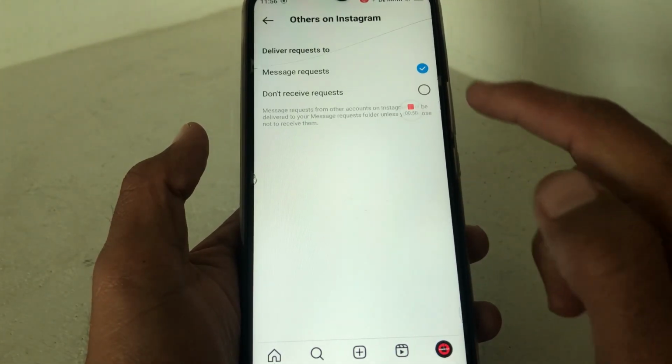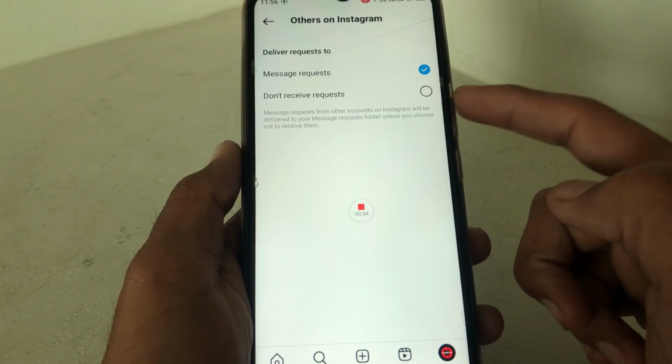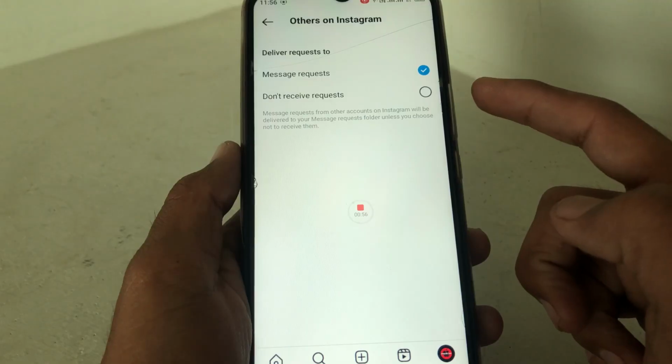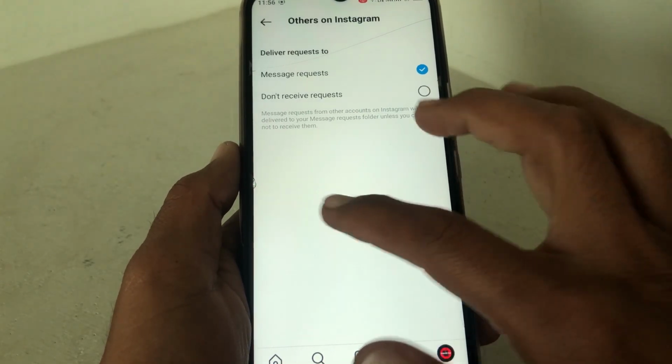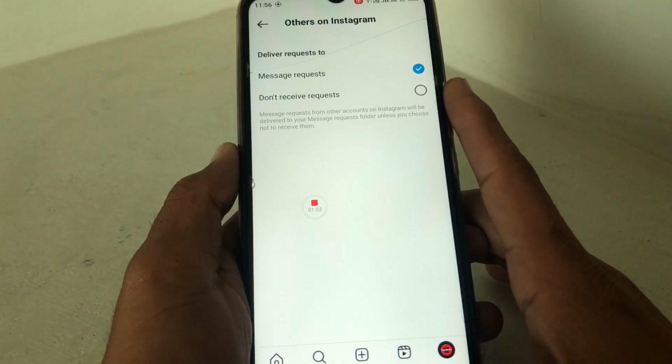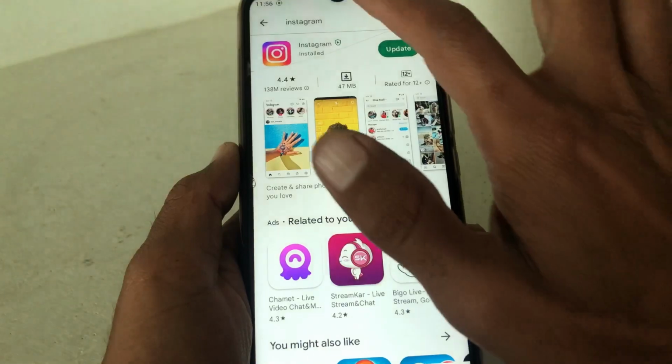Just simply tap on this and make sure that the message request option is checked. As you can see guys, it's showing here don't receive requests, so you have to check on the message request option and then go back from here, and then you have to open Play Store and